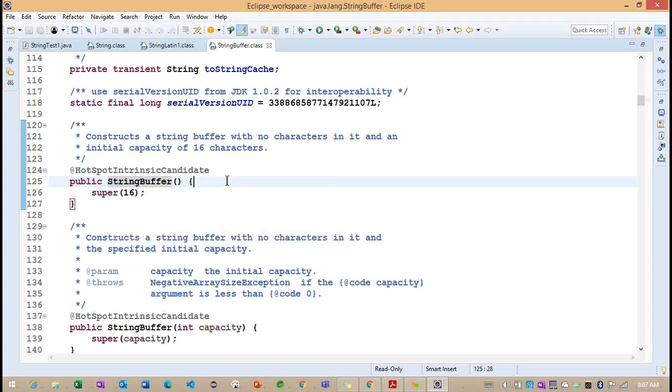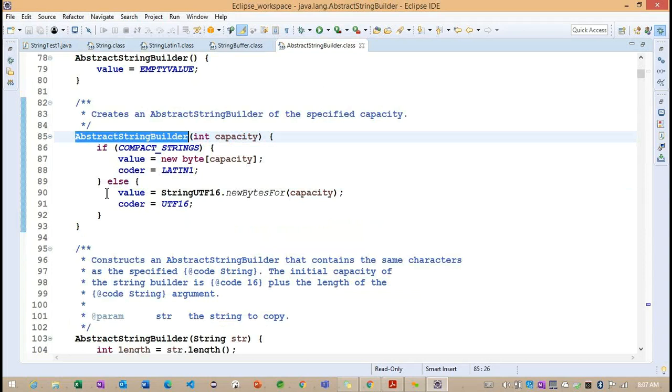Basically StringBuffer has a functionality: once the capacity is reached, it will create one more StringBuffer object and copy the existing object information into the newly created StringBuffer object. This is very important to understand.